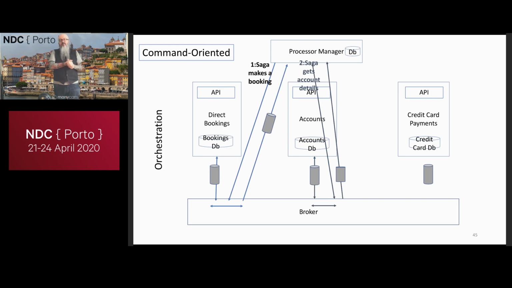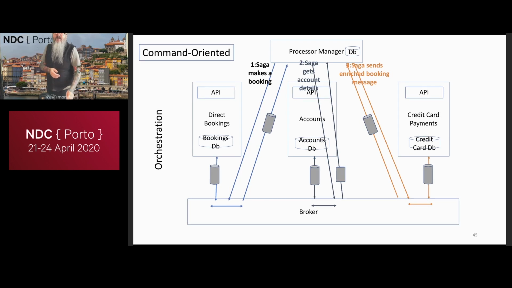We have much tighter coupling here between the process manager and the individual steps that it's dealing with. And then finally, what may happen is I send my enriched booking message, which has the credit card details, etc., to the take-payment step. I can take the payment, that comes back, and another workflow says, great, I am now done. I have reserved the room for the customer. And in return, it then says, I'm going to update direct bookings and tell it to mark the booking as complete.